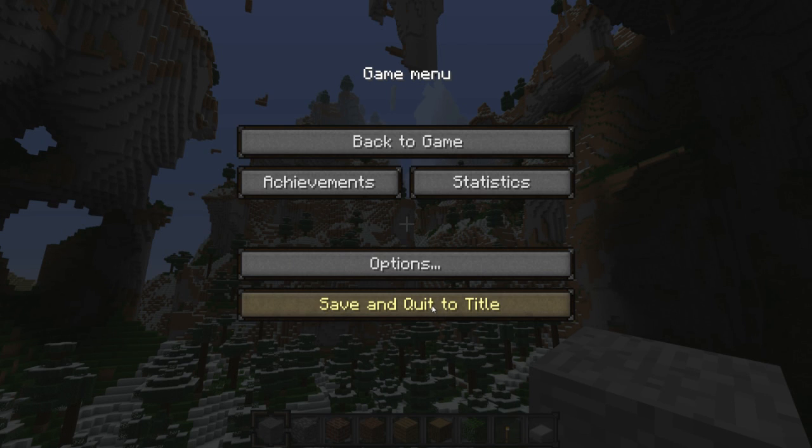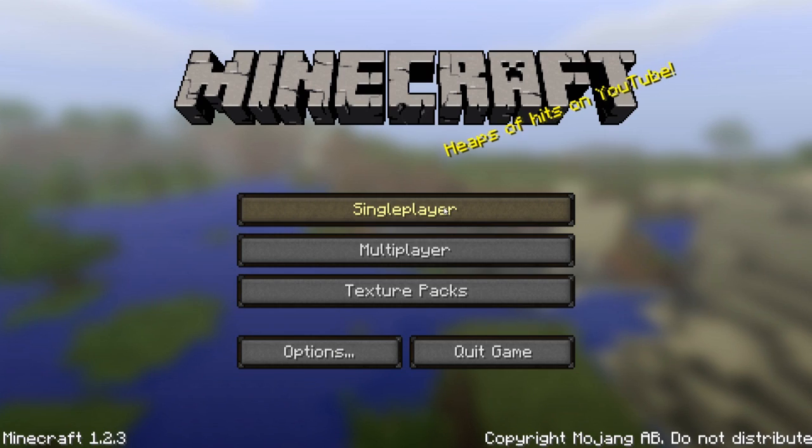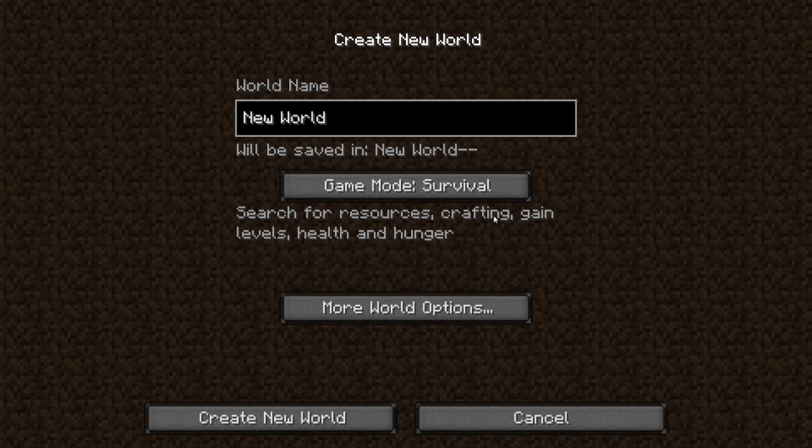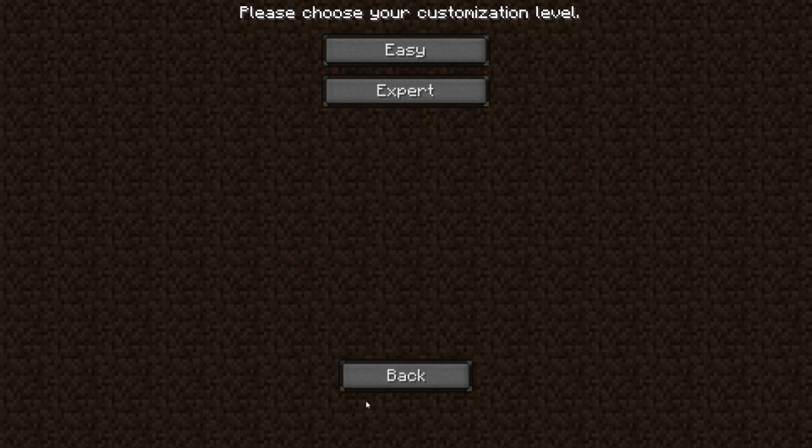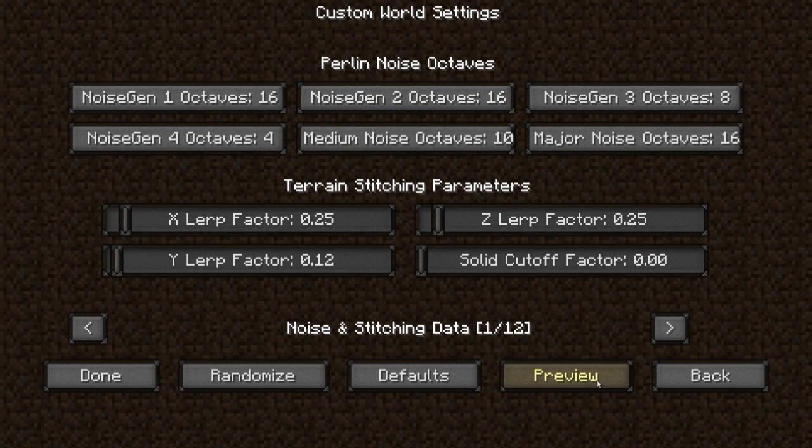So anyways, I'm going to exit out here, and I am going to generate a new world. And I'm going to show you guys some of the settings that I mess with in order to get things to be really, quote-unquote, super fun. So if I go to create new world, I'll go to expert. Let's take a look at the...